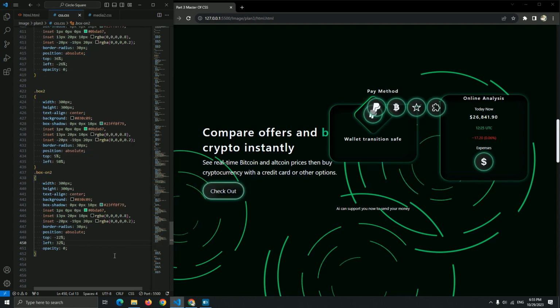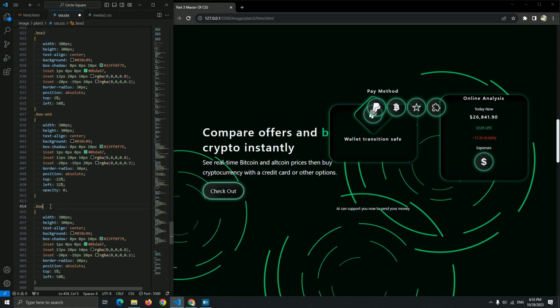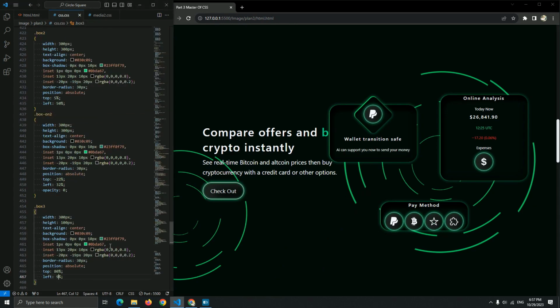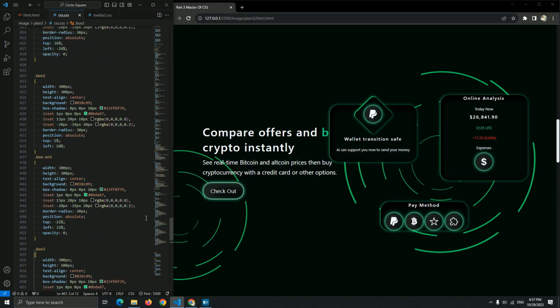Let me just add a box 3, or you know what, let me just copy this, paste it, box 3. For this, the height be 100 pixel, and let be the same, text align be center. Okay, the top be 80%, and the left be 9%. Okay, yep, now it's good. I'm sorry for this, guys, again. And line height, let me just, where is it?